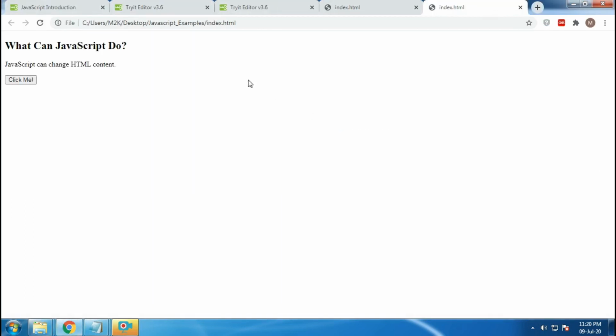So this is your first HTML page, which is rendering these views using HTML, and this button should call that function which will change the inner HTML of this one. Now if I click on this one, you will be able to see this hello JavaScript here. So now you can see you have changed this to hello JavaScript after clicking on this button.